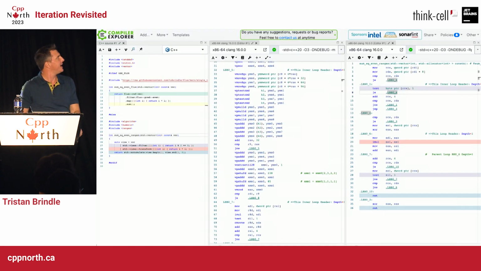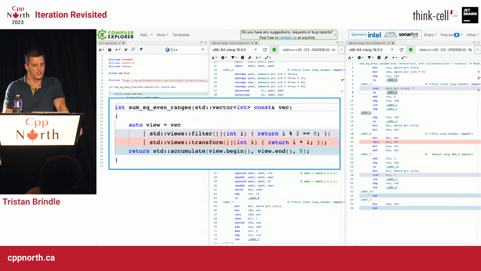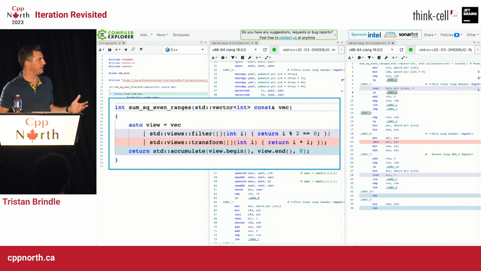So yeah, we can have a look at an example. Here I've got a C++20 ranges pipeline. We're taking the vector, we're filtering, retaining the even elements, we're squaring each element, kind of similar to what we saw before, and then we're summing up all of the even squares using standard accumulate. So this is a version using a C++20 ranges pipeline,